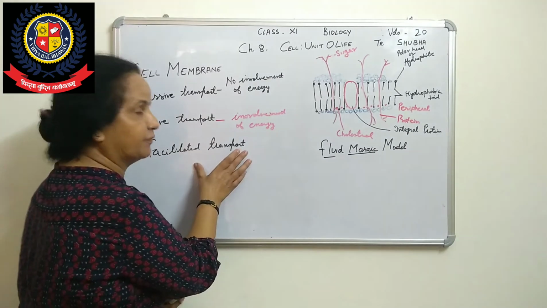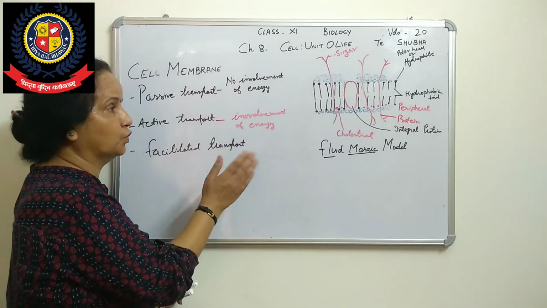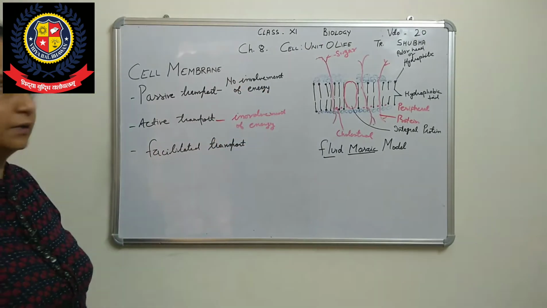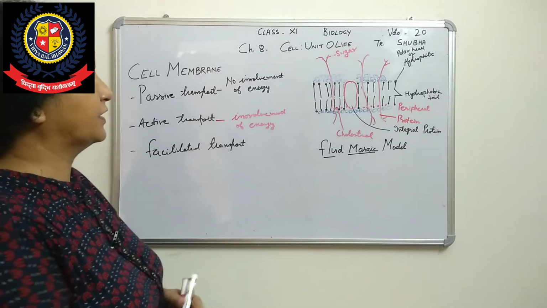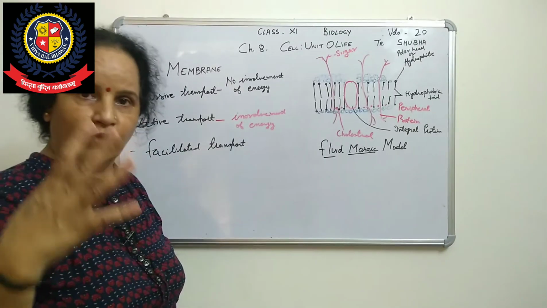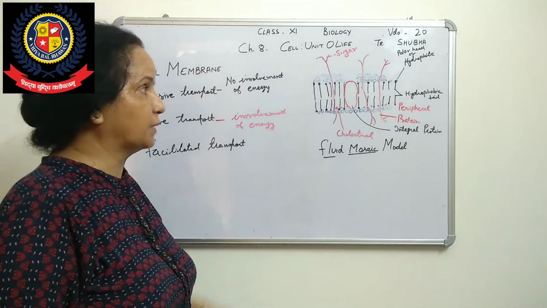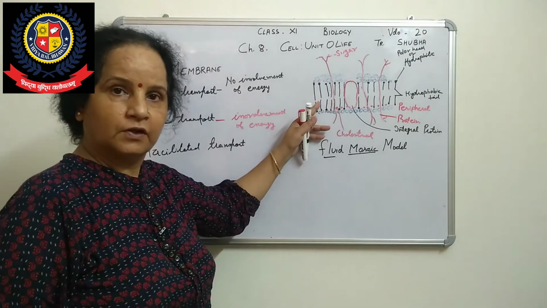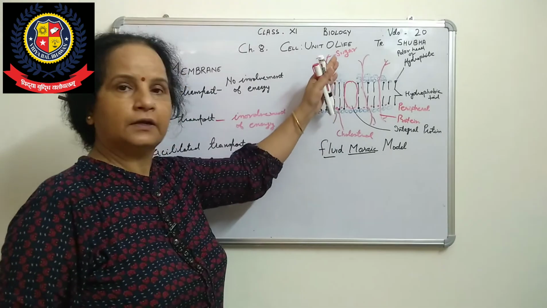Here the cell membrane is providing a facility to move molecules from outside to inside or from inside to outside, meaning to come across the wall. What facility are they providing? That facility is provided by these integral proteins. Some molecules are hydrophobic, so they are not able to move across this wall because of the hydrophobic layer of lipid. They cannot cross this bilayer of lipids.